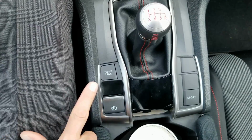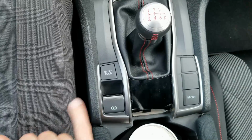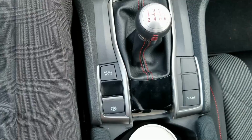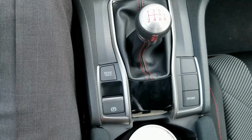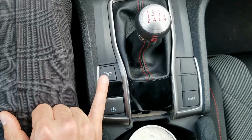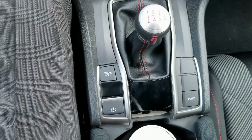I really like this feature here called brake hold. When you press brake hold, this icon right here is on the dash on the right side, and it says hold underneath it. That means it's holding the brake for me, so I don't have to keep my foot on the clutch or anything. I can just put it in neutral, and when I come to a complete